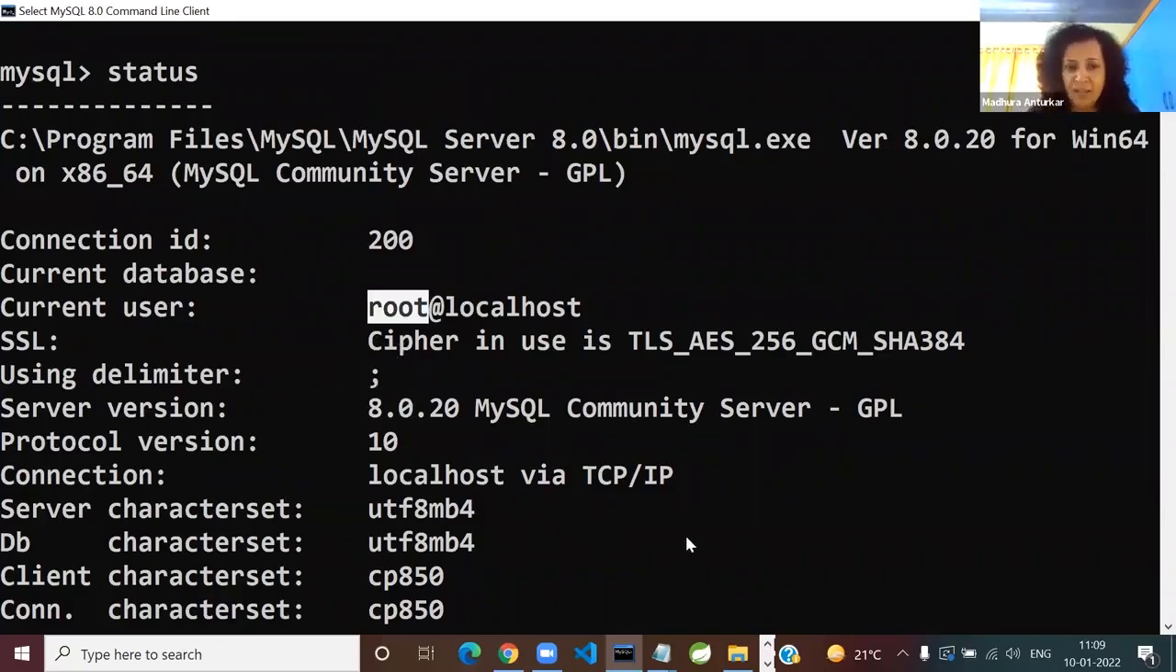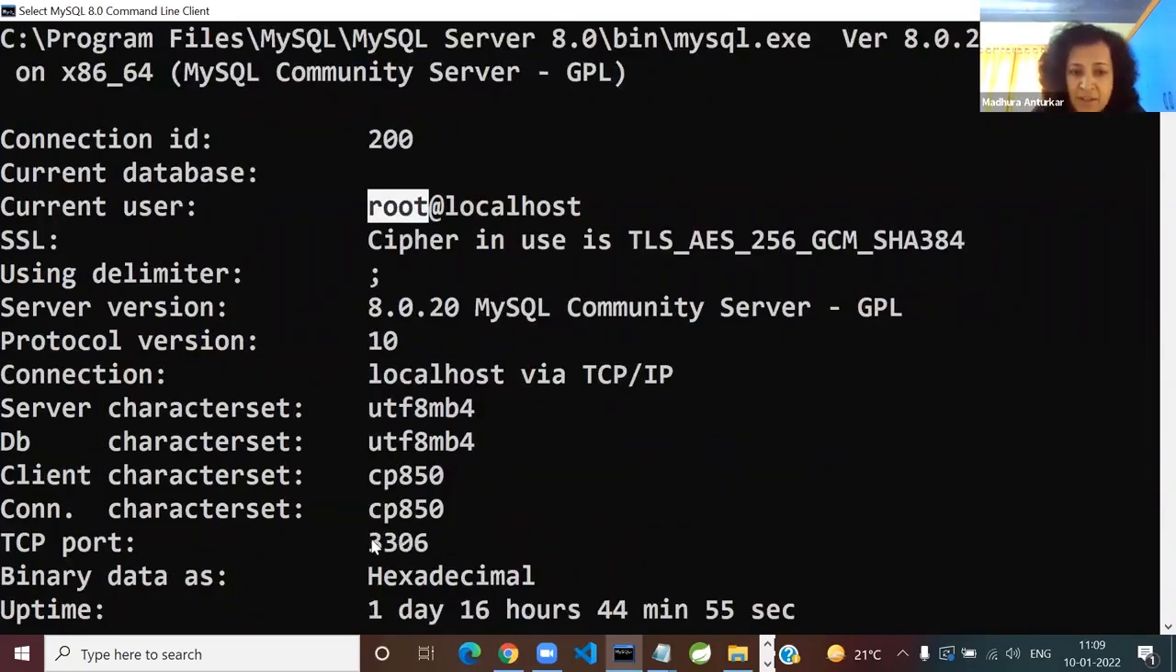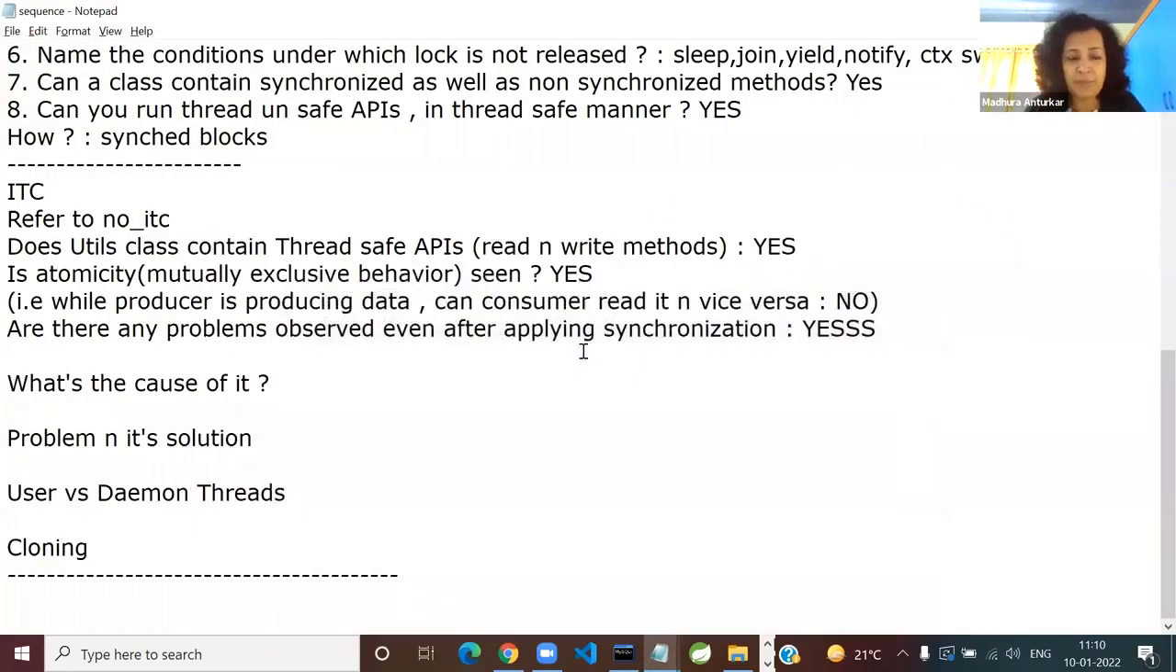SSL and all that I will tell you later. And you just check the TCP port number where MySQL is running. By default, it is 3306. So is everyone's MySQL database up and running? Great. We are going to require it after we discuss the user and daemon threads. So you can keep it open. It's just a client. Okay, so let me get you back to